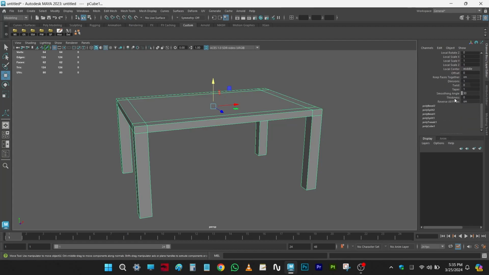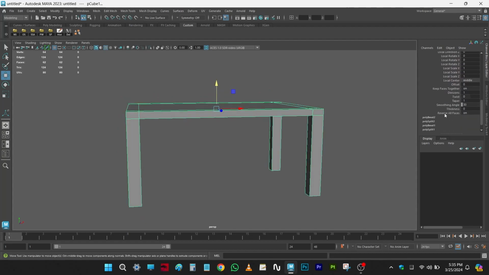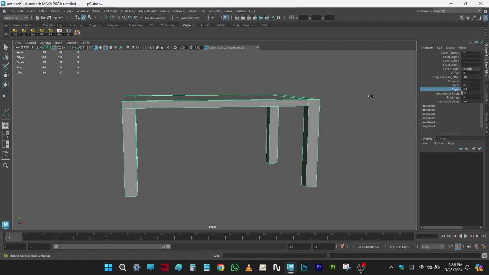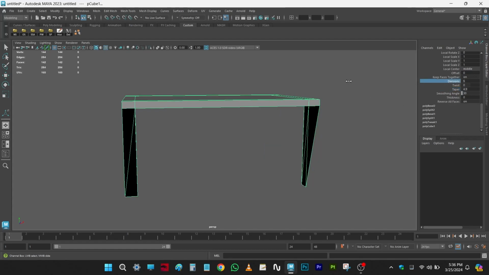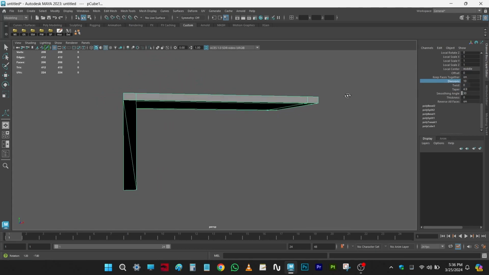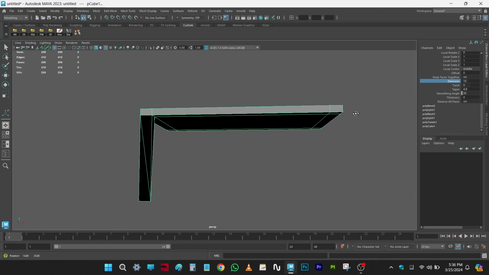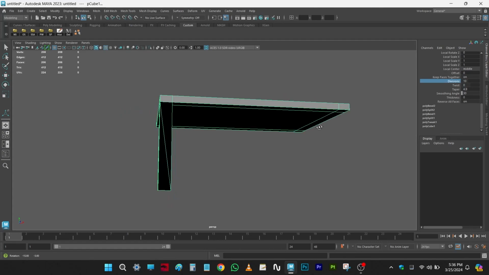Now if I get to this taperness, I'm increasing it, but currently I'm not having any divisions. If I increase division, we're getting some kind of artifacts. That means after giving the extrude, if we increase the subdivisions, it is going to give you this kind of problem. So what I'll do, I'll undo everything,